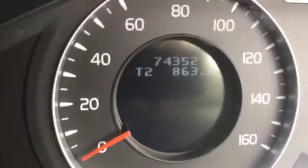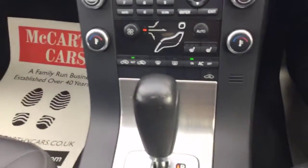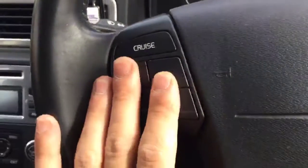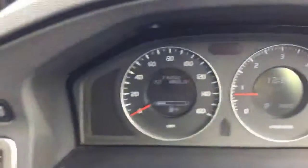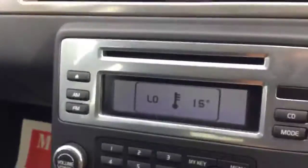and the vehicle has done 74,000 miles. It's got the automatic transmission, multifunction steering wheel with the cruise control on the left hand side. As you can see now, lights in the dash, no faults. So it's got air conditioning with a climate control,